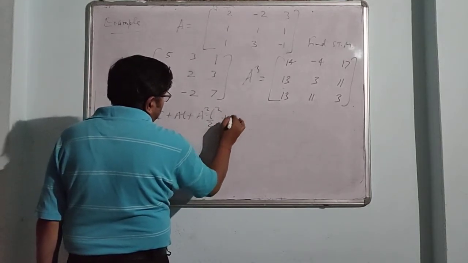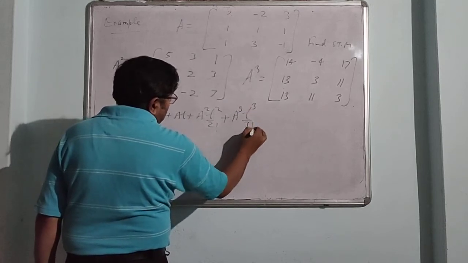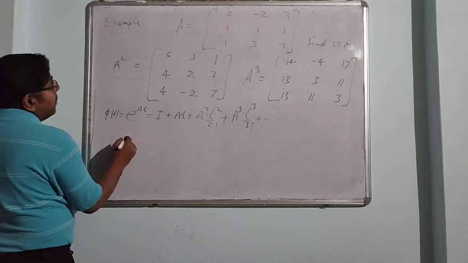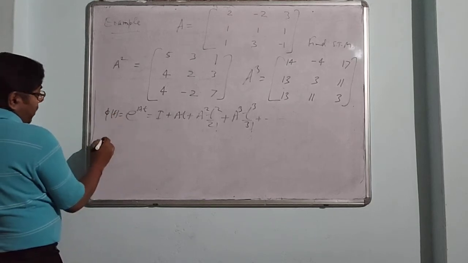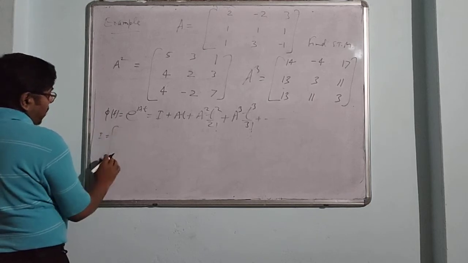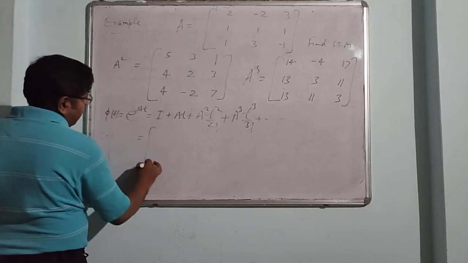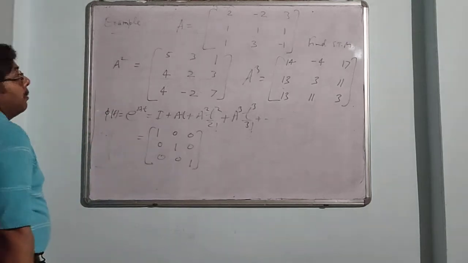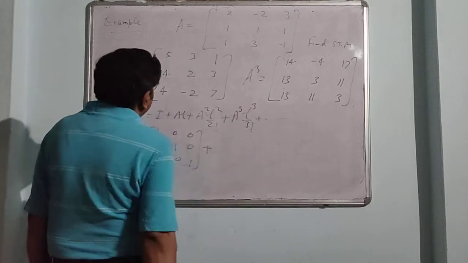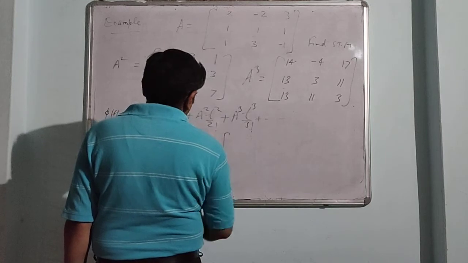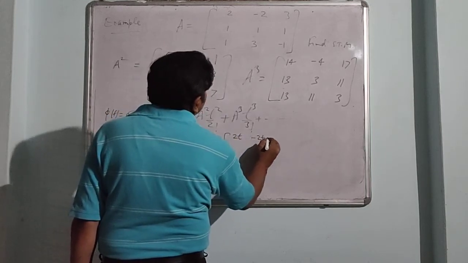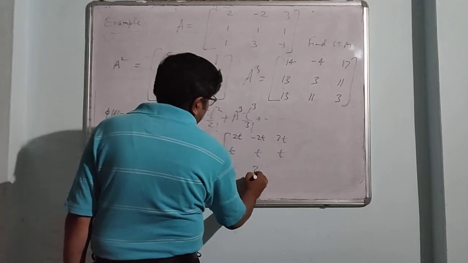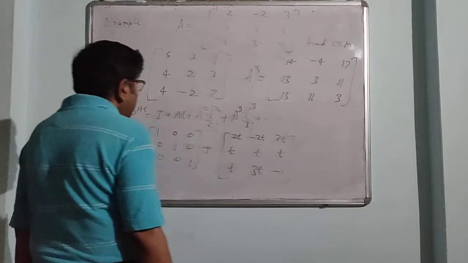This is the factorial 2, factorial 3, etc. So after addition, the matrix e to the power At is given by the identity matrix for 3 cross 3, 1 0 0, 0 1 0, 0 0 1, plus At, that is 2t, minus 2t, 3t, this is t, t, t, 3t, minus 1, this is 3t, plus